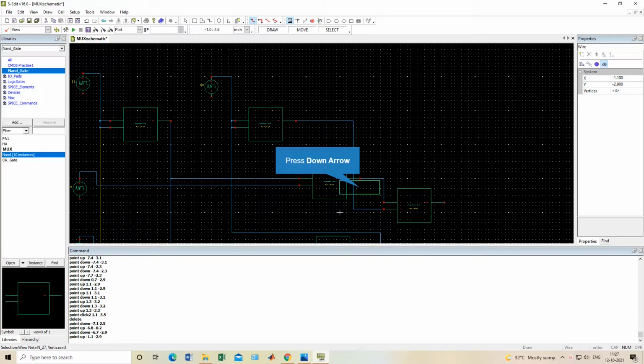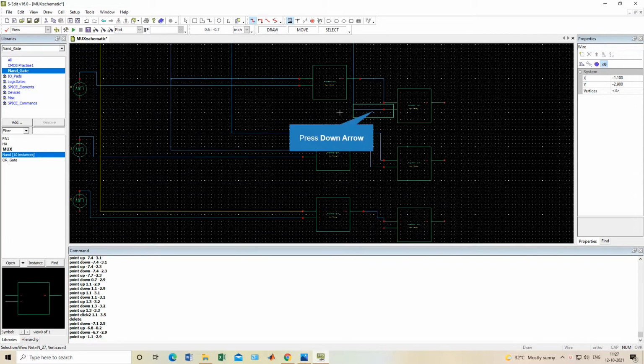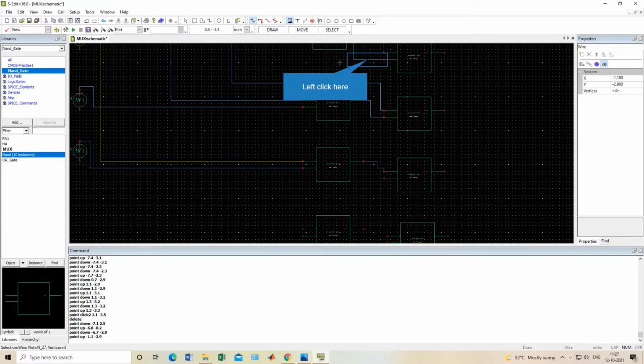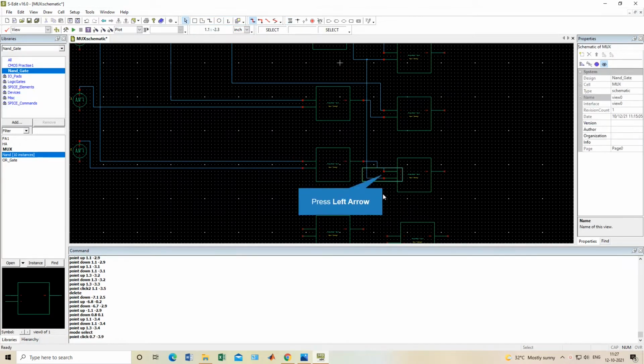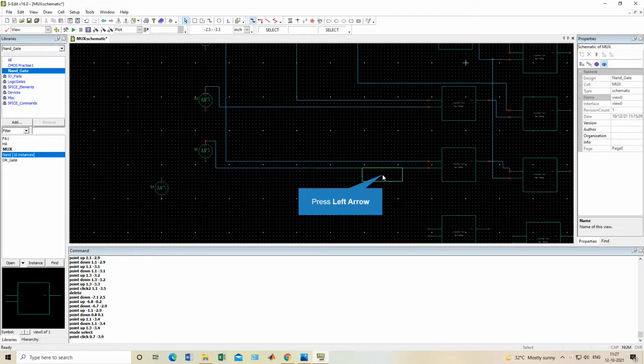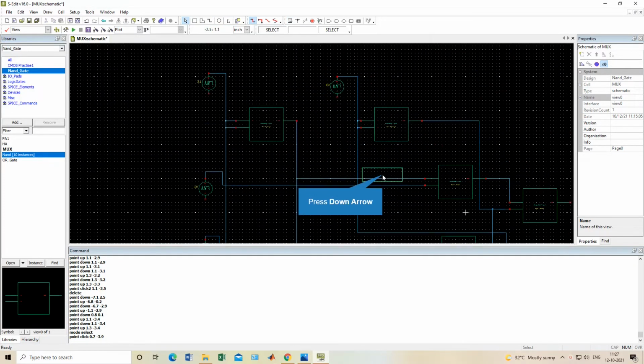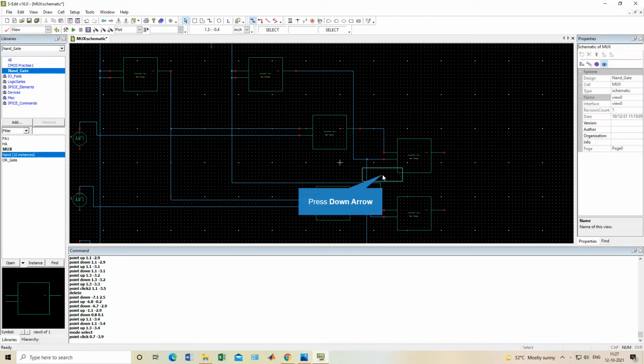So this is our inverted S0. It came till here, so we'll take one wire and it will go in here. So this is done.